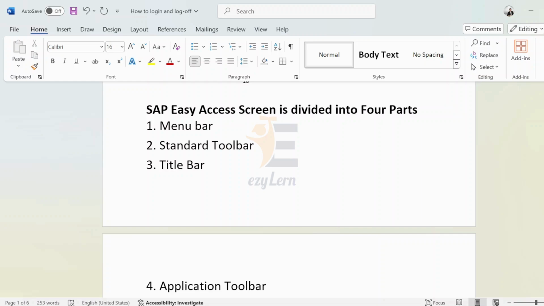And we will discuss how many types of projects there are in SAP. There are a total of three types of projects in SAP. One is E2E implementation project, second is support project, and third is rollout project.